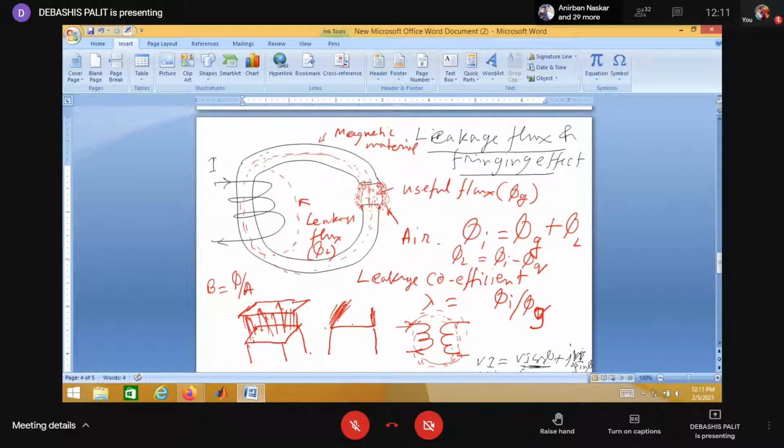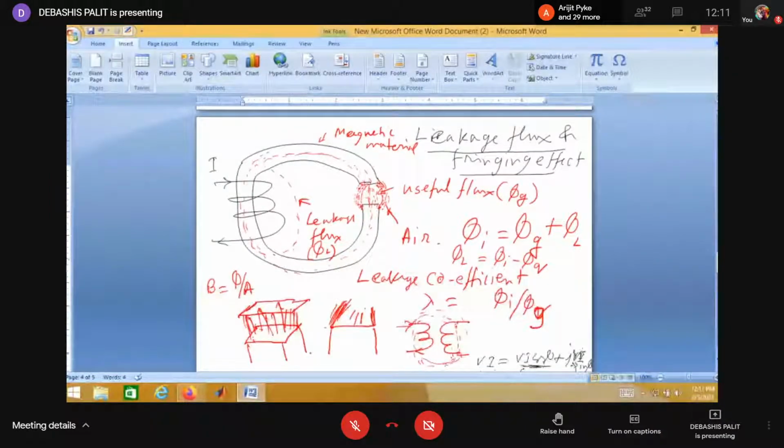Sir, he is asking about the function of increment. Yes, sir. Actually, the increment takes place quite gradually. If you go towards the edge portion, the flux density becomes more due to the fringing effect. But as you gradually come to the center portion, when the flux is flowing through the air, then your flux is less dense. That is your fringing effect.